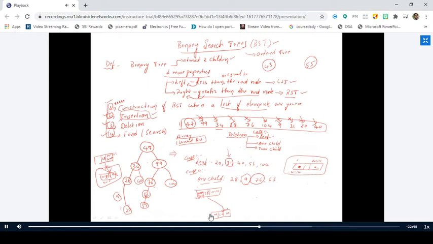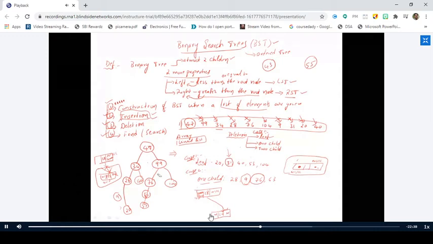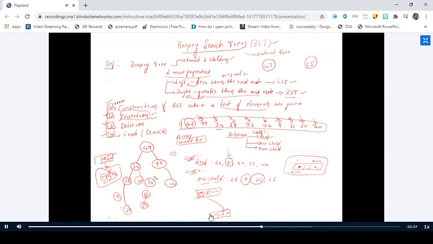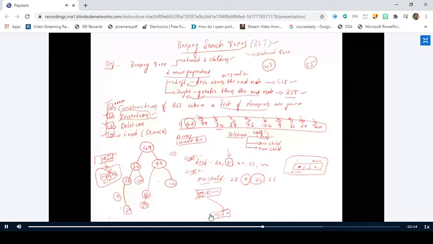So the address of the 76 node in the parent is replaced with the address of the 63 node. In that case, what happens? This becomes deleted. 63 is linked as the left child of 93. Is it okay?